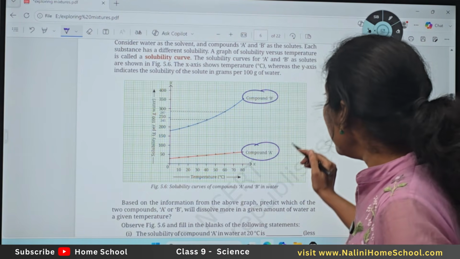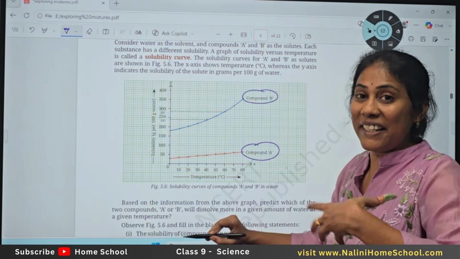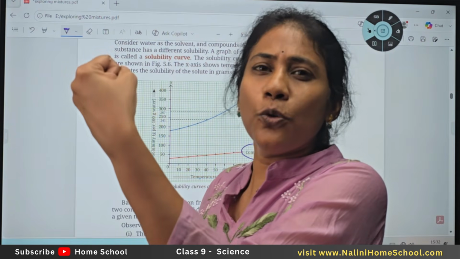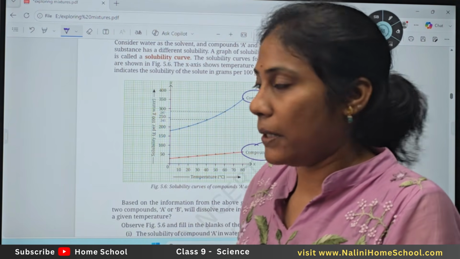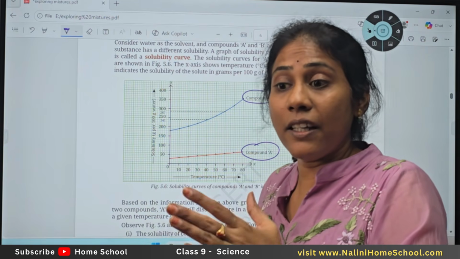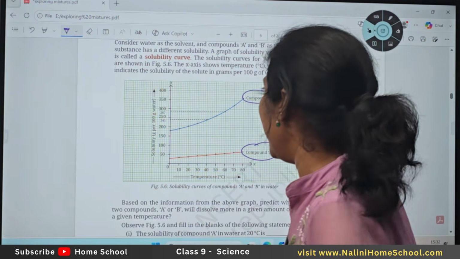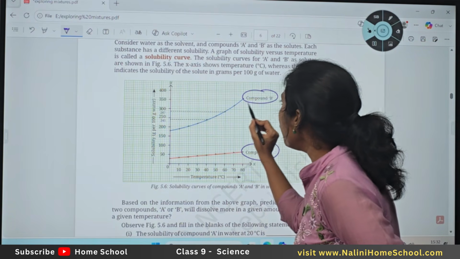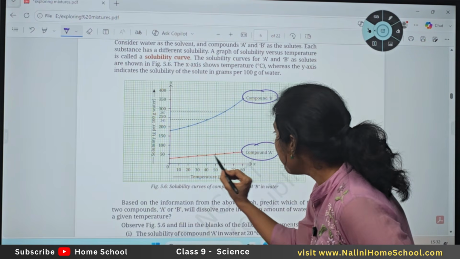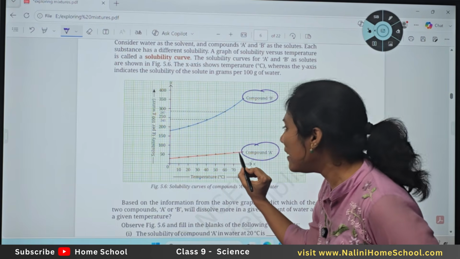Okay, so here I took a solute B and a solute A, and I am studying their capacity to dissolve. That's what we mean by solubility as temperature increases. So I am just studying how their solubilities are increasing as temperature increases. Okay, so when I put a graph for both compounds, look here, compound A solubility is increasing but not